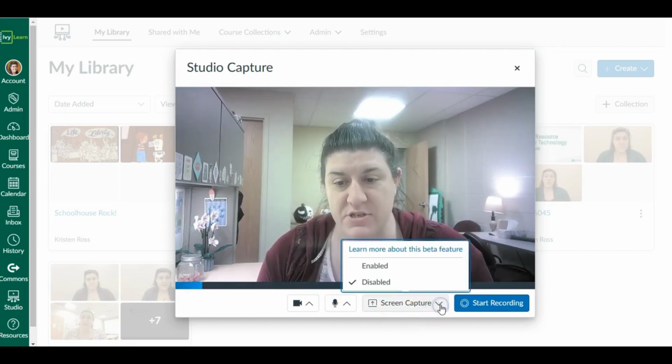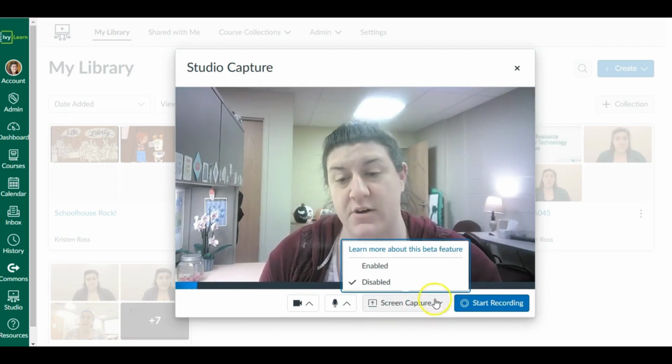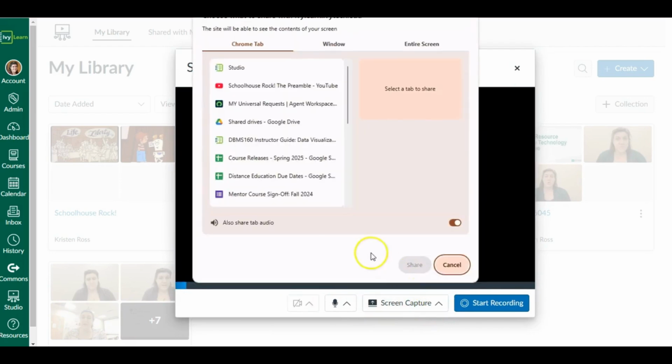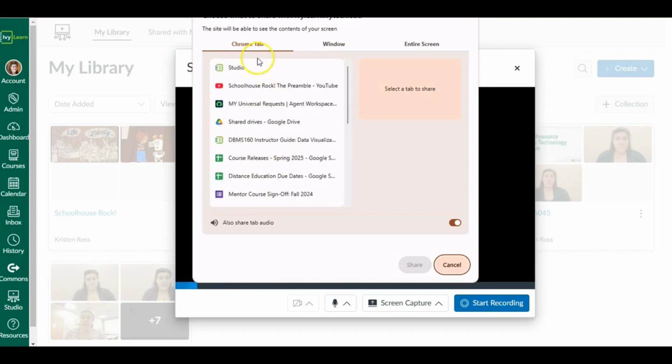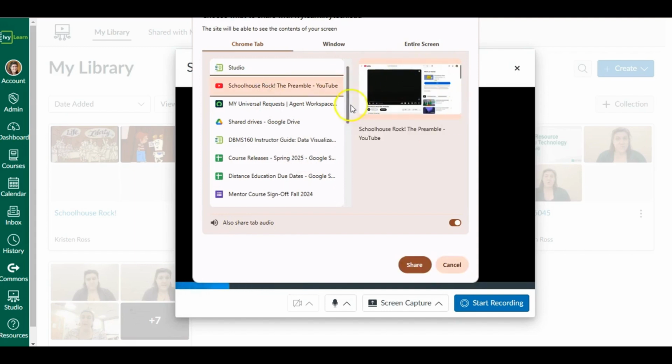You also have the option to enable your screen capture function. So if you want to enable this, it's going to give you a lot of different options here as far as what you want to see. So I'm using Chrome, and right now it is picking up that I've got a lot of different Chrome tabs open. So it's going to ask me which Chrome tab specifically do I want to record. So if I have a particular website or video open, I can go straight to that tab and it will record that tab, and I can record everything happening just in that tab.